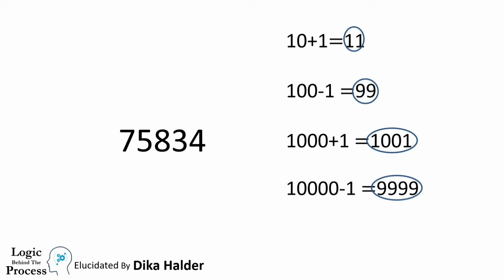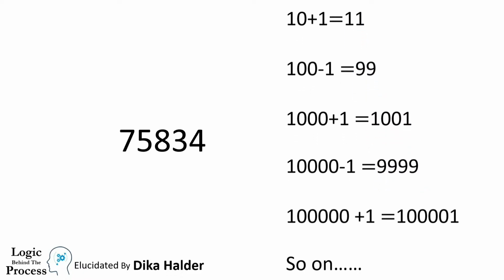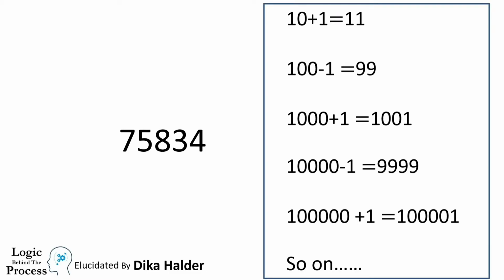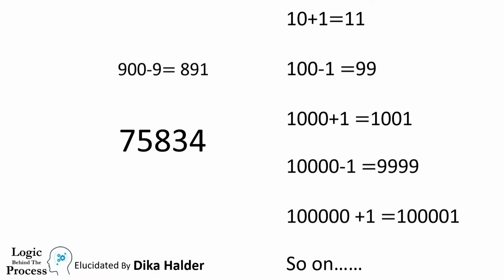Now here all the numbers are divisible by 11. If we proceed according to the pattern, we shall get 1,01,000, which is also divisible by 11. And we can go like this to infinity. Any combination of numbers whose ratio is any of these, then the difference is also divisible by 11. Let's make a combination based on these numbers. 900 minus 9 equals 891. And we can see 891 is also divisible by 11. So like this we can take any combination of numbers as big as we want, like billion, trillion. Still that number will be divisible by 11.